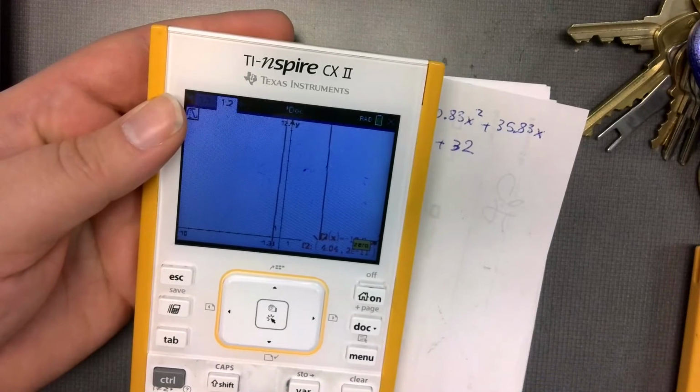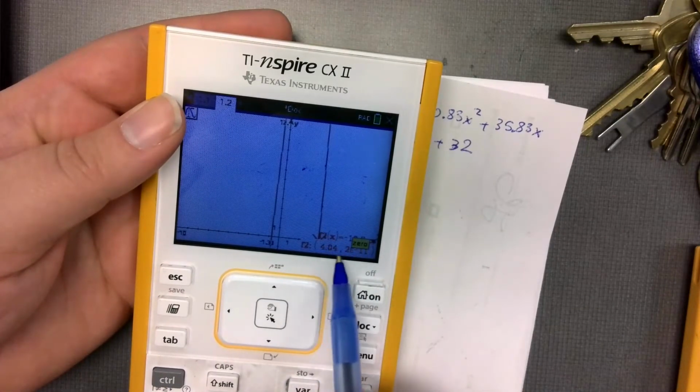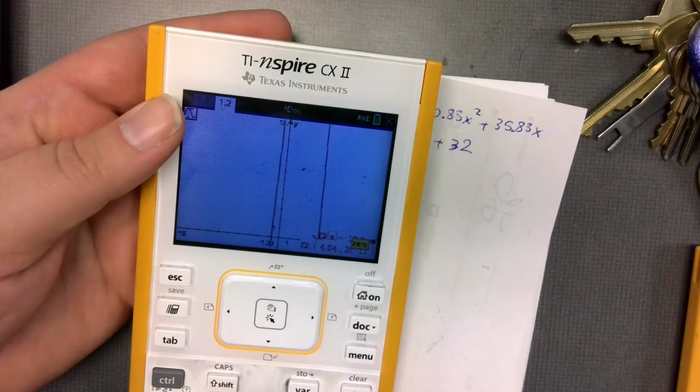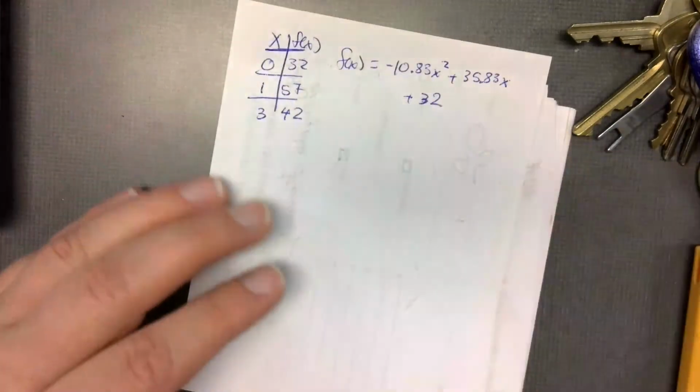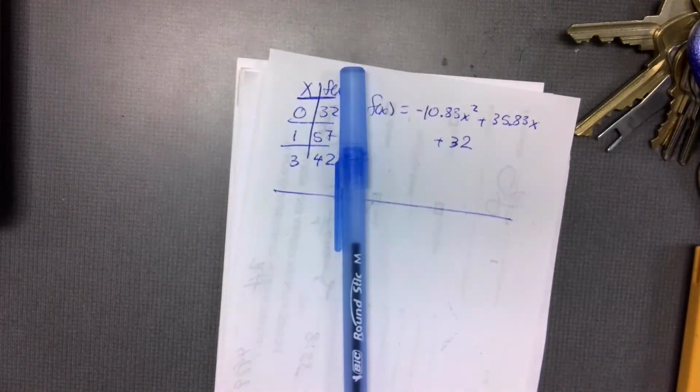Make sure you're showing how to get the 0 or the x-intercept here. And that's everything you need to show for that first example. You need to show me how to get those. Now for your